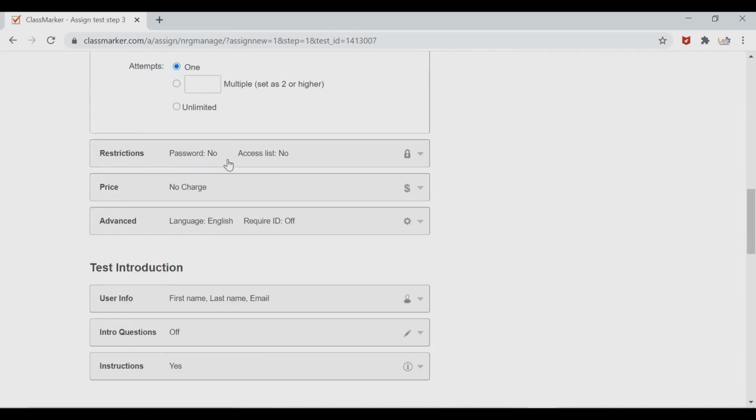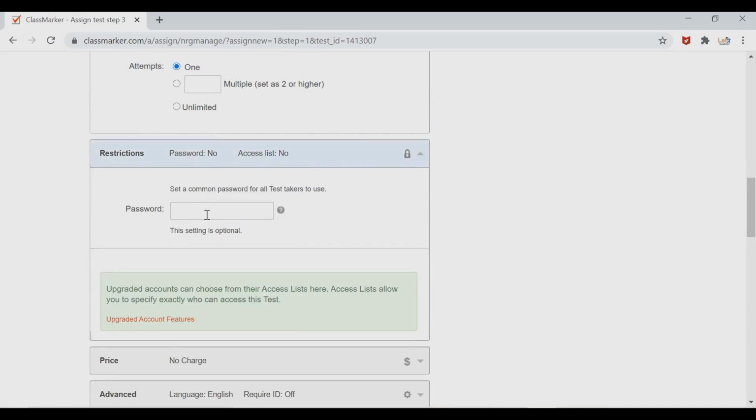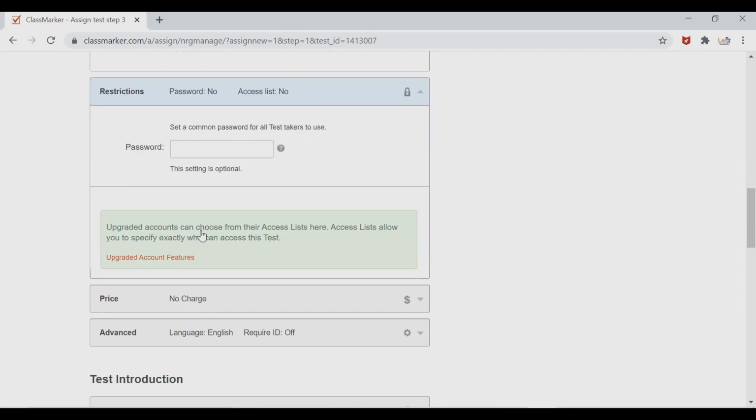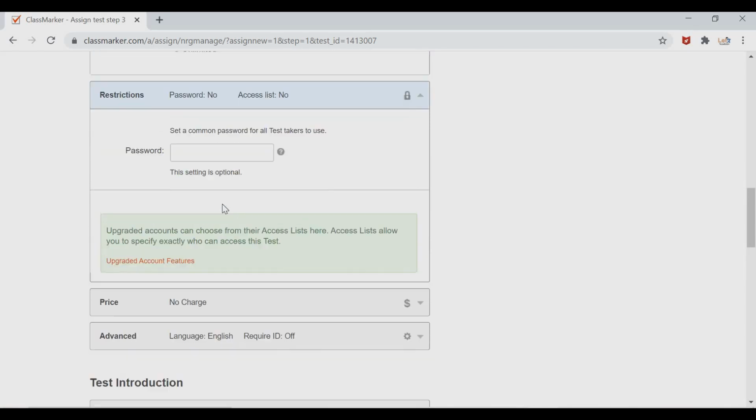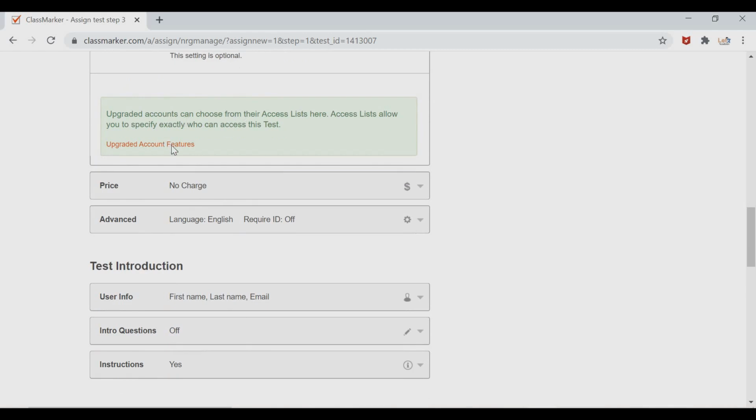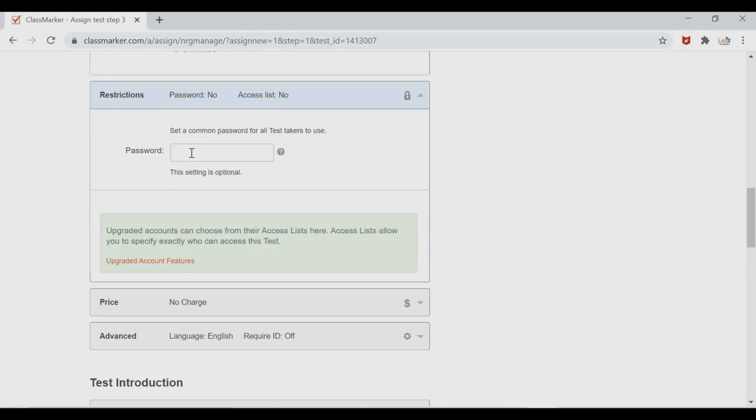And password. If you are going to use a free account, then there is no need of this. Okay, so this is already shown here that only an upgraded account can choose this option. So for a free account, this option will not be available. Otherwise, you can set a password.